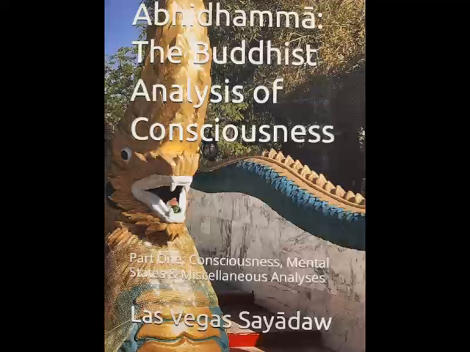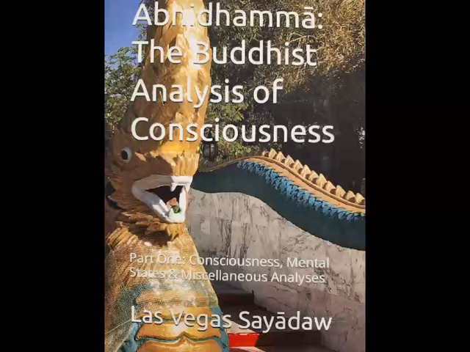A bodhisattva can't gain enlightenment right now because he is waiting until his final existence to gain enlightenment as a Buddha and enter Nibbana. For the time being, he is just an ordinary worldling person who chose to defer his enlightenment and focus instead on helping others. It's a bit like choosing whether you want to finish school in 12 years, or instead stay in school longer to get an advanced degree. A bodhisattva is like one who stays in school longer to get their advanced degree.